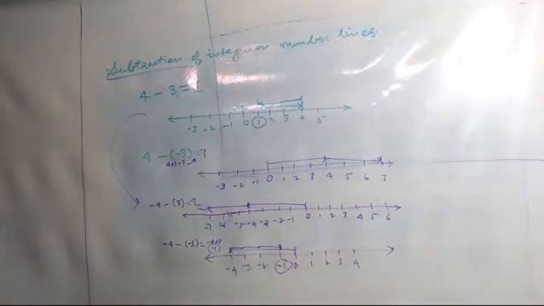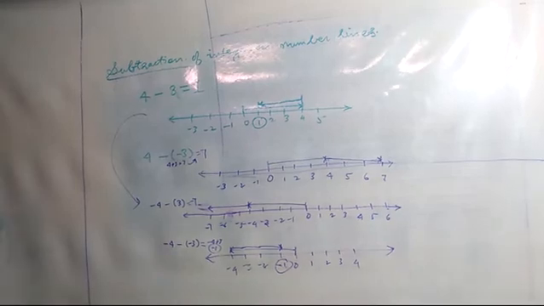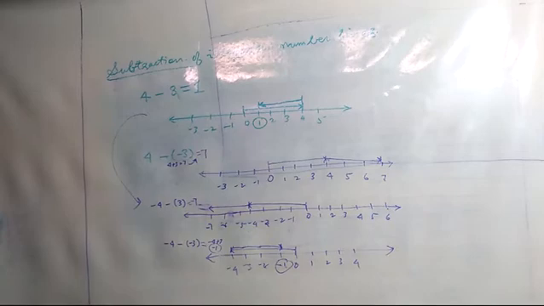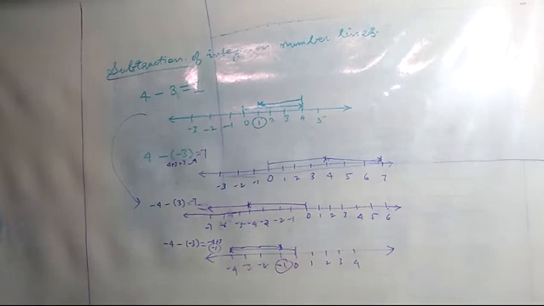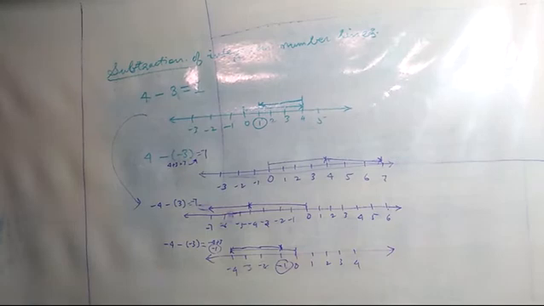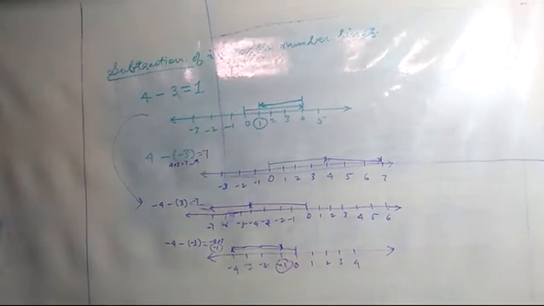So on this also we have two rules that I will dictate now. Rules of subtraction. When we subtract positive number, then we move towards left hand side. When we subtract negative number, then we move towards right hand side. This is the rule of subtraction. Likewise, I have told you the rule of addition already.